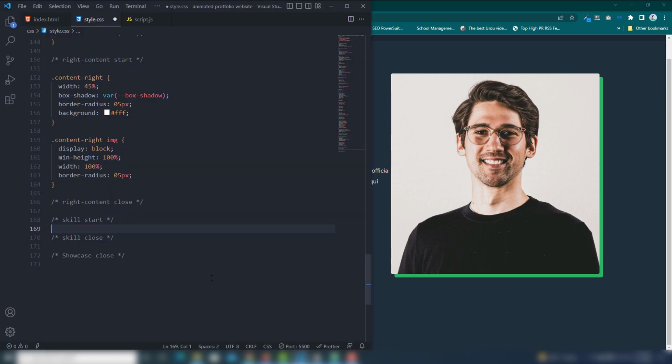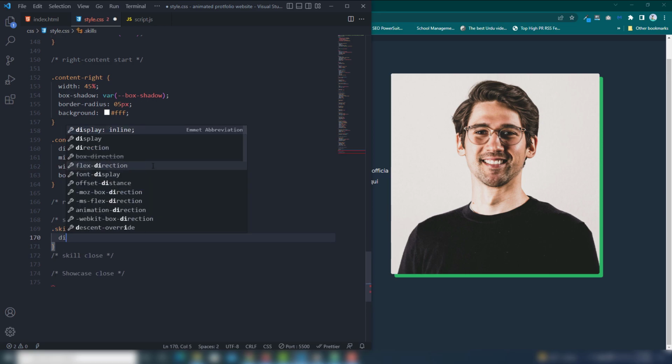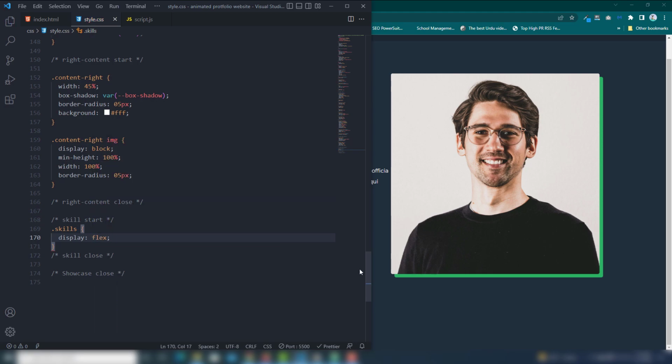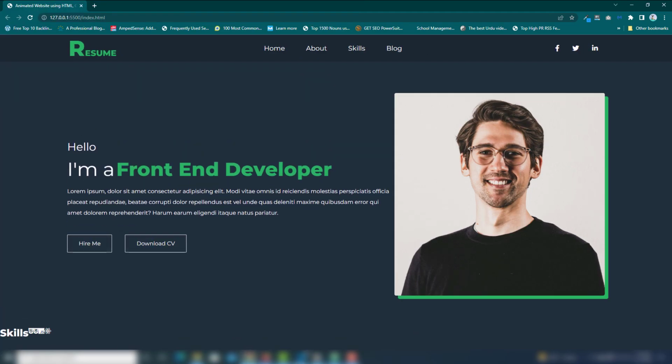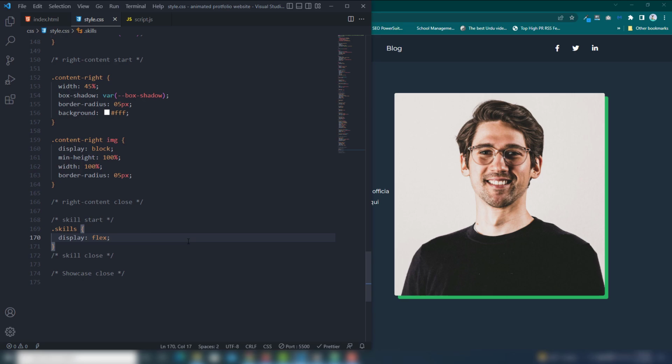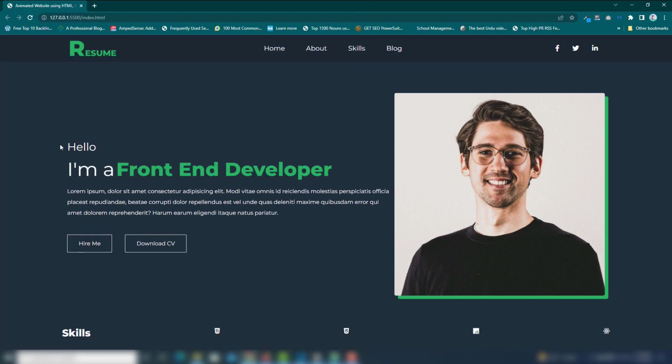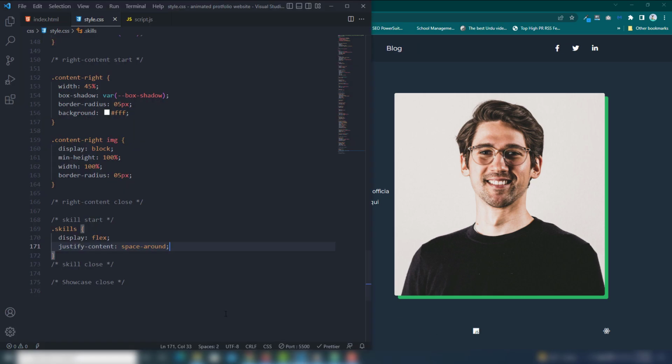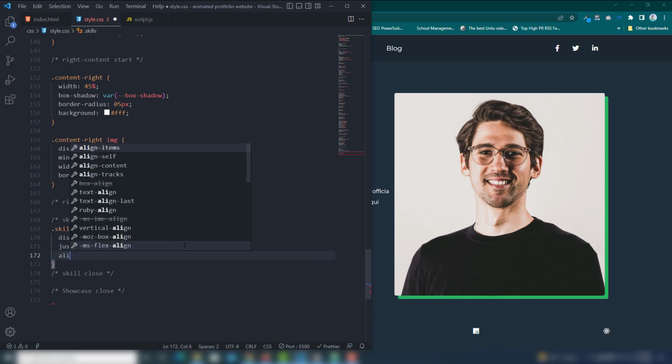So we need to call the display flex. So I call the skills display flex. Everything appears in the same position, right? And I'm gonna use justify-content space-around. Everything appears in the same position, and then align-items will be center,